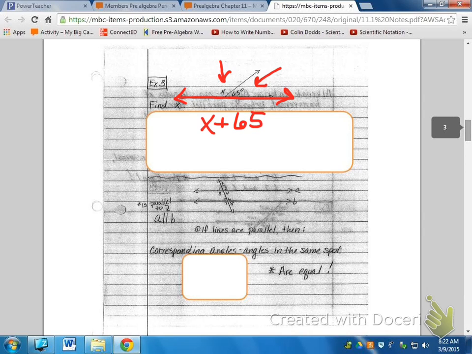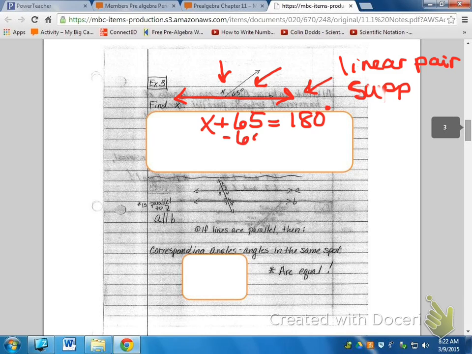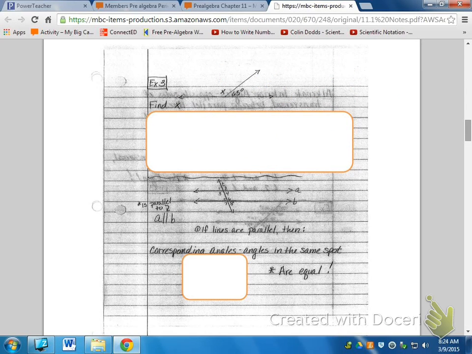x plus 65 equals 180. That's a line, so that makes this a linear pair. It also makes it supplementary. Okay, so how would we solve for x then, Morgan? Minus 65. So subtract 65 from each side, and that would make x equal to, what do you think? 115. Good job. Okay, questions? All right, I have got